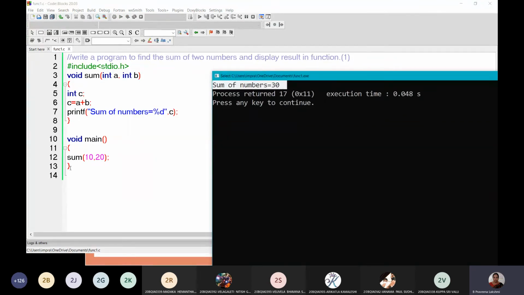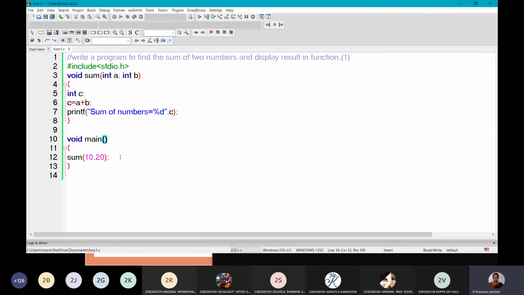Whenever you call the function, this is called calling the function. This is the function call. Whenever you call the function from the main program, it directly goes to the function. Here this is the function definition.